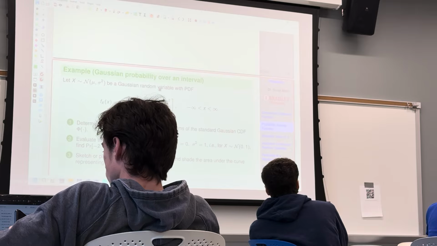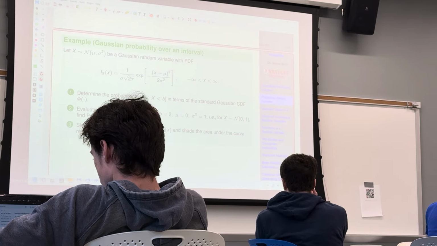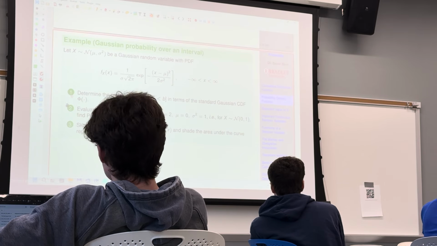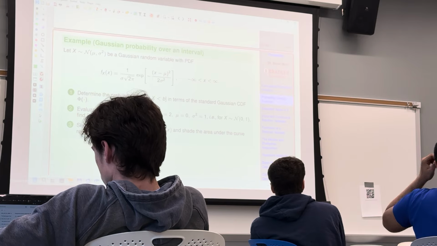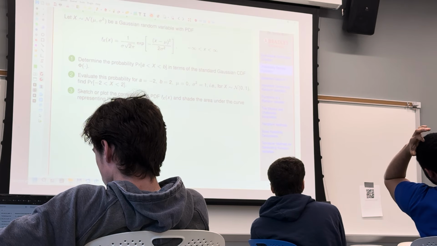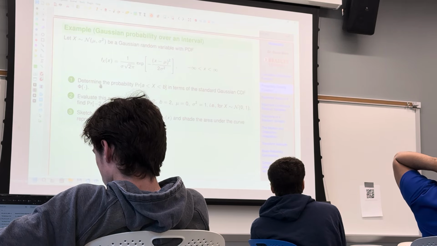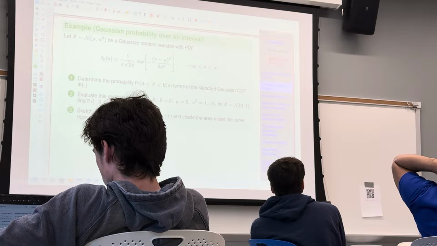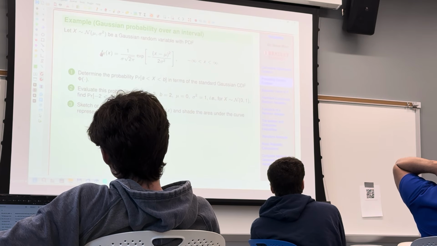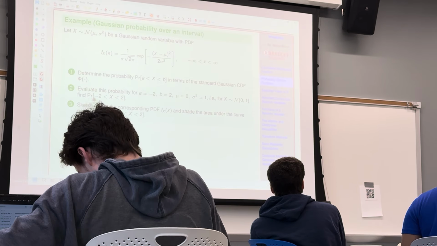So Gaussian probability distribution function, we have an example, and I have several parts of this example. I put this example as one of your homework example level. This is not from the textbook, but I did organize it nicely for you to practice how to make use of the Q table and PDF of a Gaussian random variable to determine the